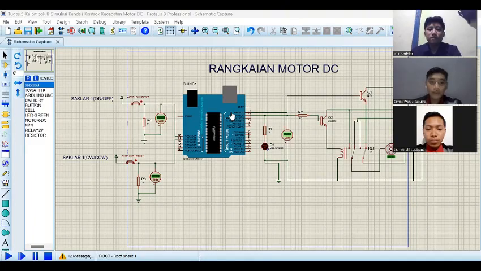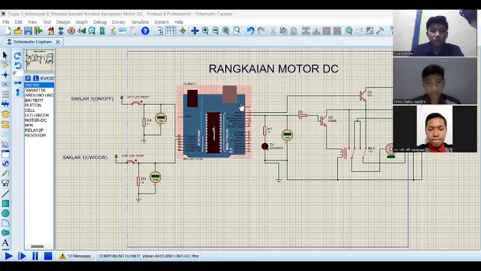Okay, thank you. Here we will explain the simulation of propulsion motor speed control. In Proteus, we have created a DC motor control simulation circuit using high input.